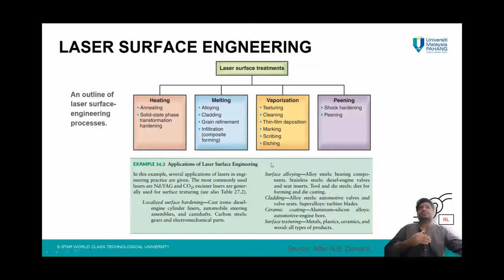So laser melting can be used with alloying as well. You put an alloying powder onto the surface and then you melt the powder. So that powder is going to get into the substrate. You can put titanium carbide powder, boron carbide, titanium nitride. Okay, these are the things that you can put onto the substrate that you want to do coating or laser cladding or laser alloying, and then you pass the laser. That laser is going to melt the powder as well as melt the substrate a little bit, and that powder is going to be embedded into the substrate. So this is laser cladding or laser alloying.